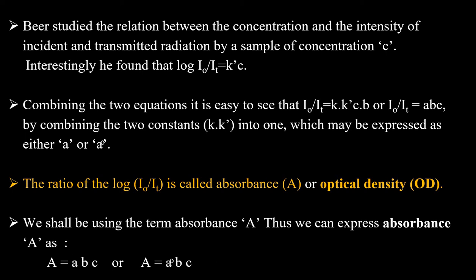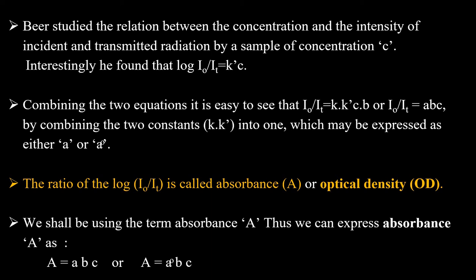In Beer's law, the relation between the concentration and intensity of the incident and transmitted radiation by a sample of concentration C is studied. Interestingly, Beer found that log I0, that is incident light intensity, divided by IT, that is transmitted light intensity, is equal to K dash C. Combining the two equations, it is easy to see that log I0 by IT is equal to K dash C b, or log I0 by IT is equal to